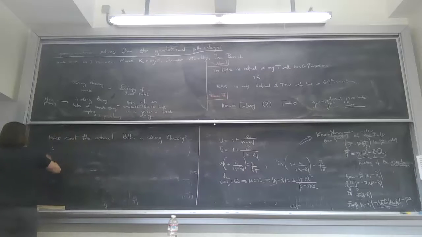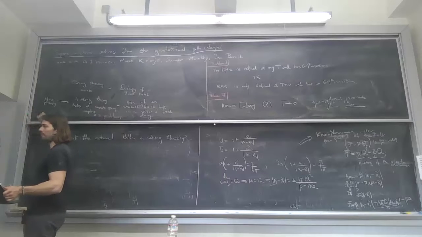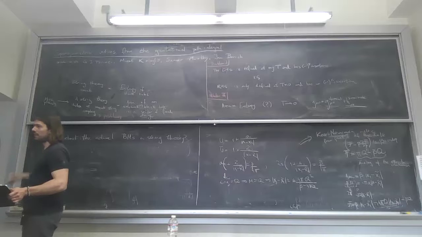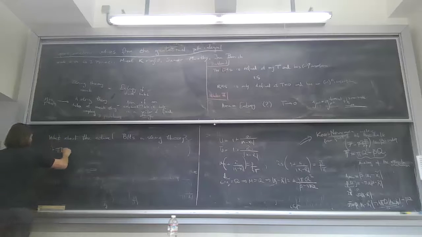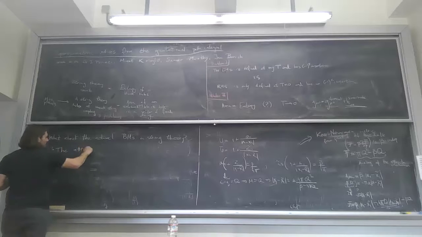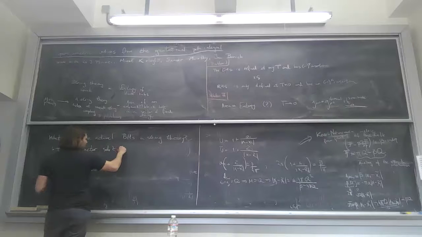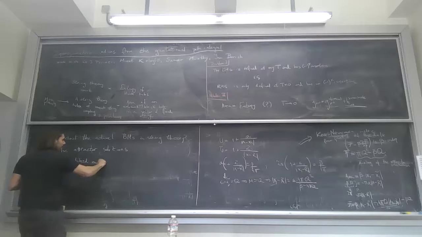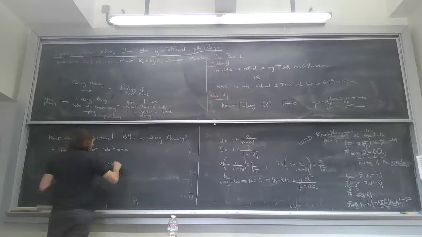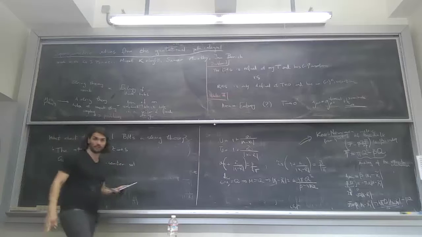Wait, this is a black hole. It's a black hole in string theory, but it's not the one whose index was computed by, let's say, Strominger and Vafa. No, it's not. It looks better. Yeah, it's simpler. It has fewer charges. Yeah, but we can also study those, right? So these are what happens. There are these solutions called the attractor solutions that Strominger, Ferrara, and Kallosh found, and the generalized multi-center solutions that Denef, Bates, and Moore found.